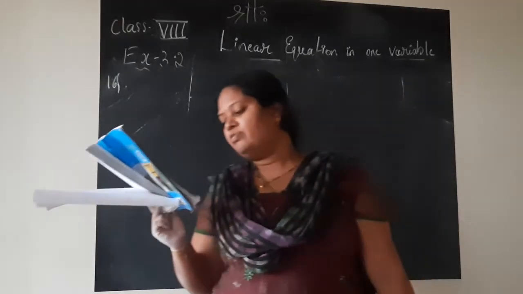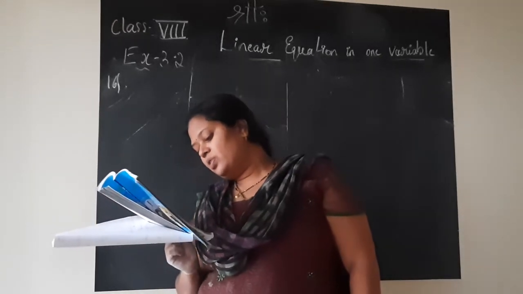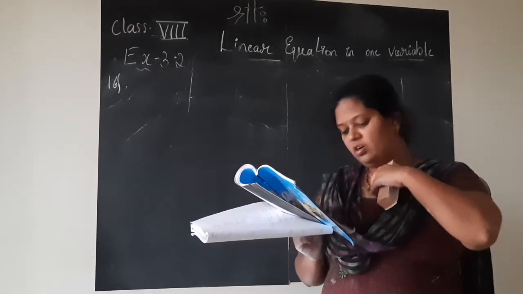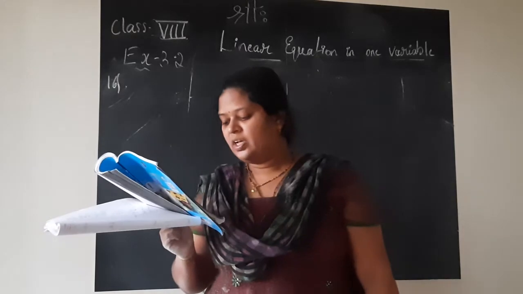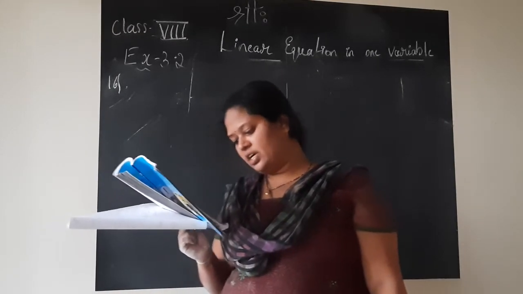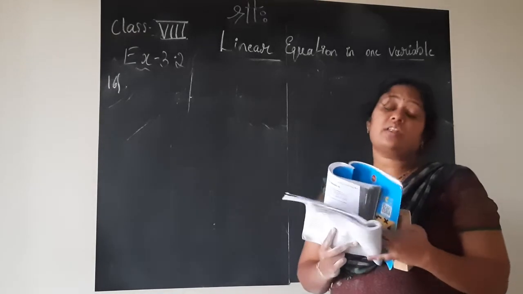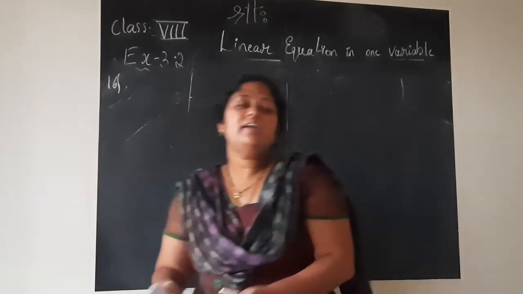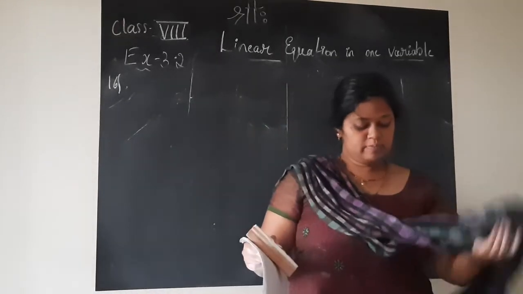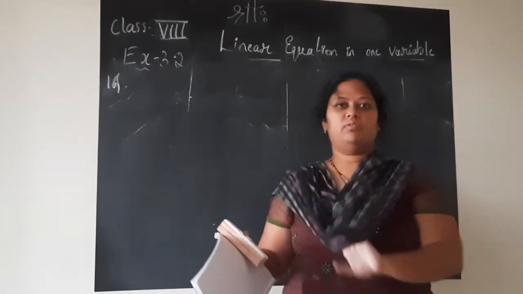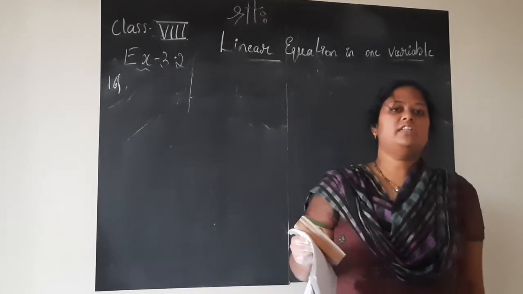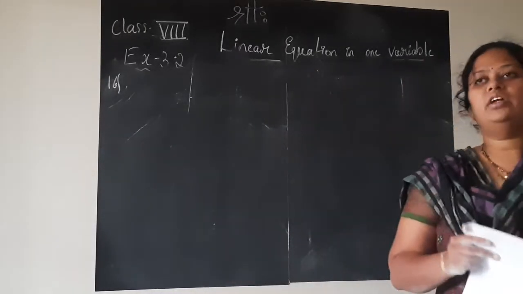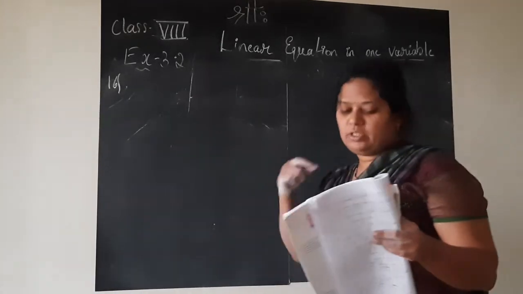So, the organizer of an essay competition decides that a winner in the competition gets a prize of 100 rupees and a participant who does not win gets a prize of rupees 25. The total prize money distributed is 3000. Find the number of winners. So, they are asking us how many won in the essay competition, and how many of them got 100 rupees. If you get to know the number of winners and subtract it from 63, then you will get the number of participants who took just the 25 rupees home and who took 100 rupees home. All that you will know.